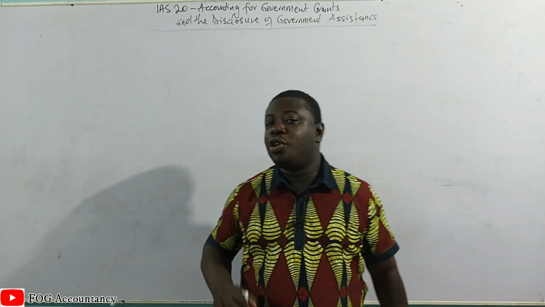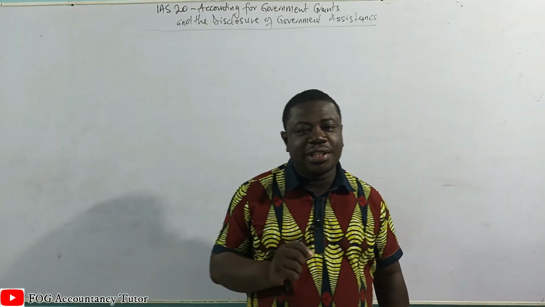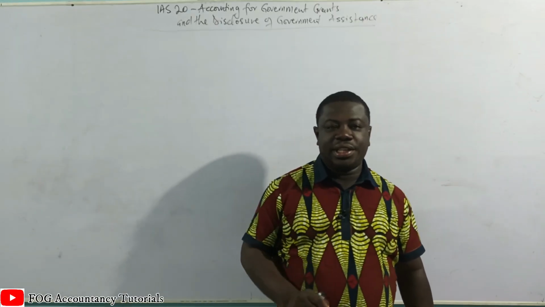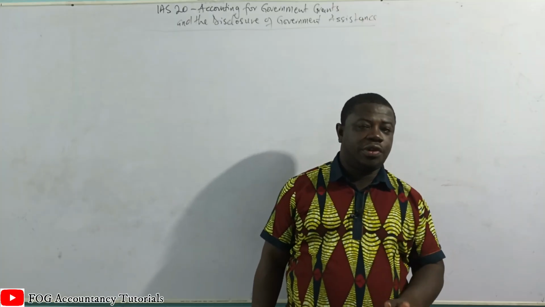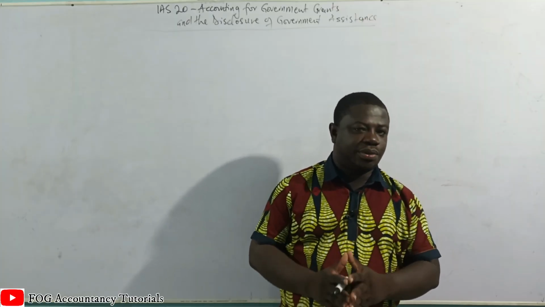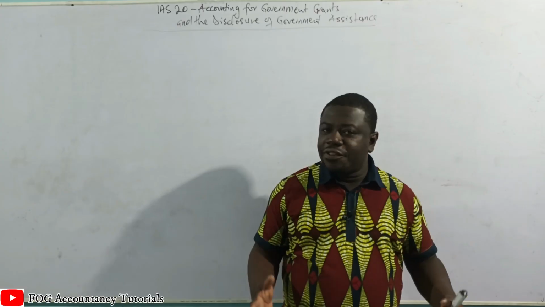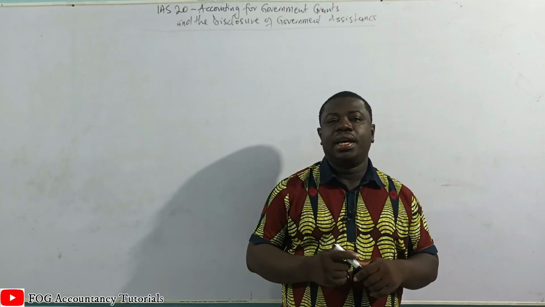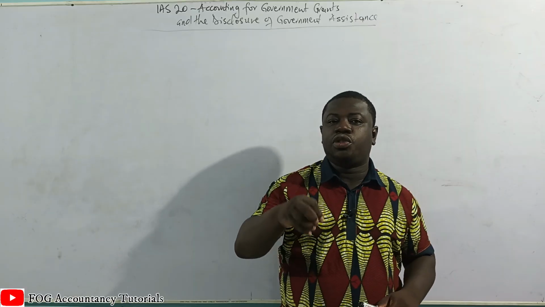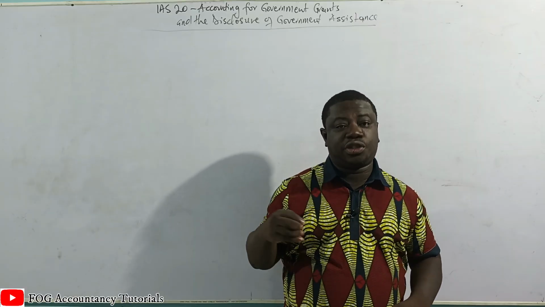Today we are going to continue our study on IAS 20, Accounting for Government Grants and the Disclosure of Government Assistance. And this question that I'm going to solve with you is a very important question. It doesn't involve calculations. I told you that most of the questions in these standards are judgmental. It doesn't involve a lot of calculations, but you need to apply the basic principles of IAS 20 to be